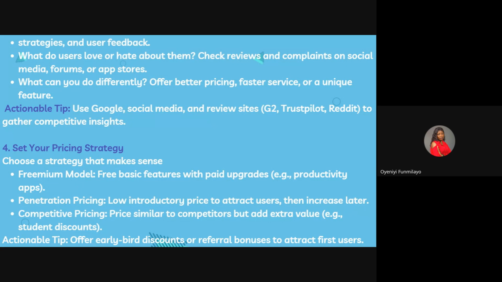Piggyvest and Cowrywise do something similar, but there's something that differentiates them. Cowrywise has stocks. You can buy stocks on their product, right? But on Piggyvest, you cannot get stocks. Instead, you can do this whole investment thing where you put a particular amount, I think it is real estate or agriculture. So you can see there's something that differentiates them. That's a unique feature.